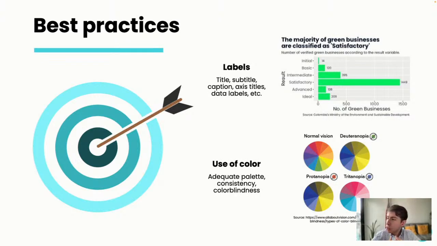in the case of plots, it's very important to use labels. Labels such as the title, the subtitle, caption, axis titles, and other labels. As you could see in the plot on the right, I used one of the examples from before, the bar plot with the result variable. But instead of just showing the bars in a vacuum and asking the reader to understand a whole lot of context to get an insight from said chart,